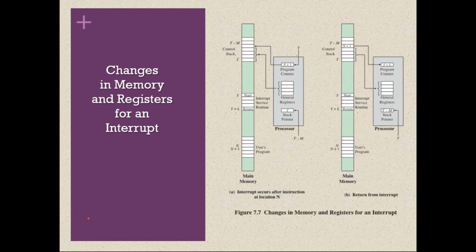Okay, fine. So this diagram again shows the same thing. It's not a flowchart. It shows the changes that are happening in the memory after this interrupt. That is, when an IO is completed, there will be an interrupt, right? So when that interrupt happens, what are the changes in the memory? That is what this particular diagram shows.